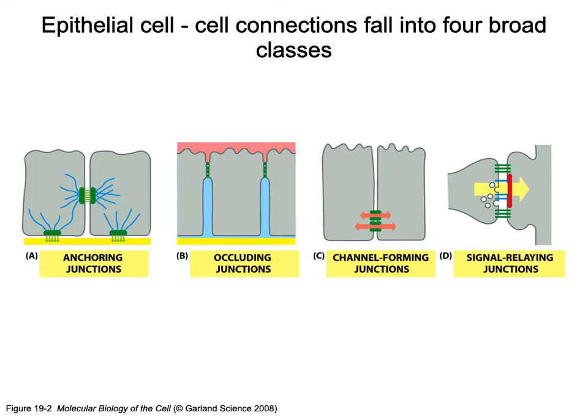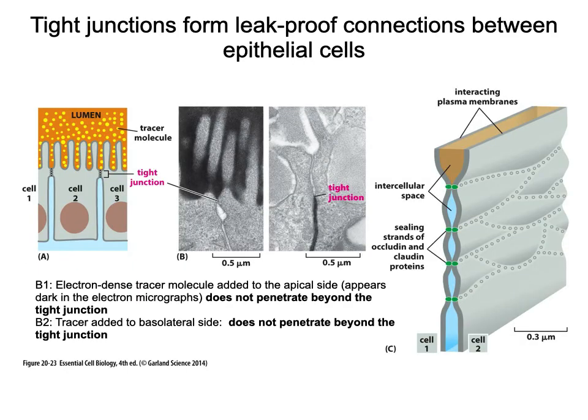Okay, so these cell connections fall into four different broad classes. There are anchoring junctions, adhesion junctions, channel-forming junctions, and cell signaling junctions. So we'll talk about each of these in the slides coming up. So first we'll look at tight junctions. Tight junctions make it so that if something wants to go through to the connective tissue, to the blood vessels